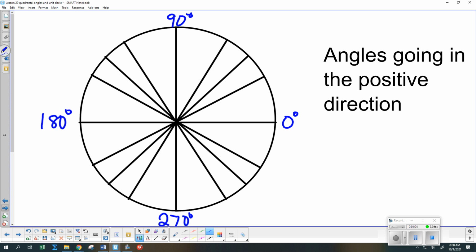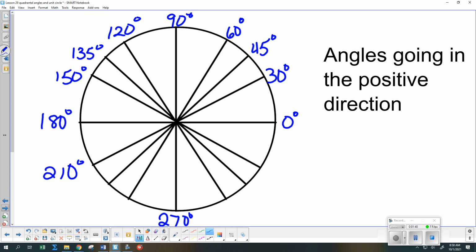We've also been working with our special right triangles, and we know that for 30, 60, 90, we can get exact values. They may have square roots in there, but we know how to do that with right triangles, and for 45 degrees. And we've also seen All Students Take Calculus. We can do bigger angles, and we just figure out where those put us, still using these same multiples, so that this is 120, this is 135, this is 150, this is 210, 225,